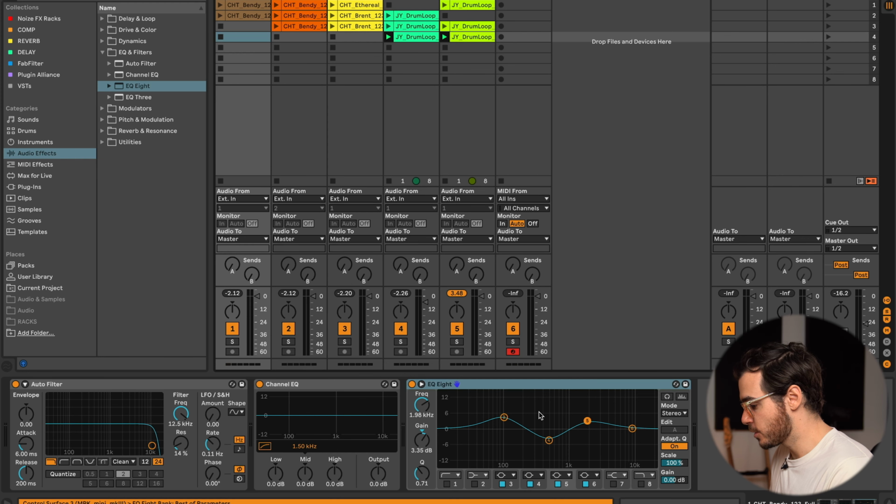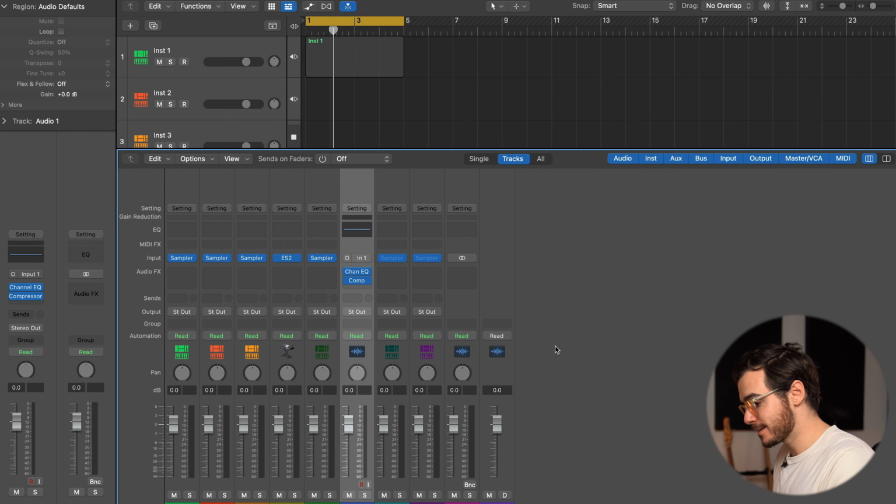So to tally that up, the things I prefer about Ableton on the workspace front are for sure the clip view and how you can quickly access and change parameters within the stock plugins without having to open any separate windows. With Logic, I feel generally there's a little bit more space, and that mixer view is really important to me, especially when I'm doing mixing and mastering.